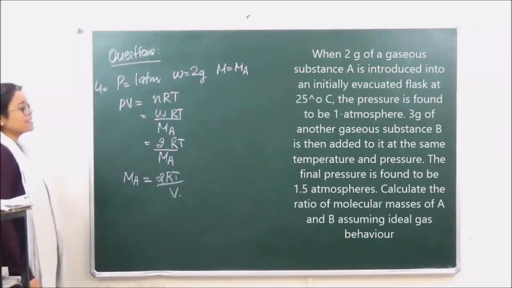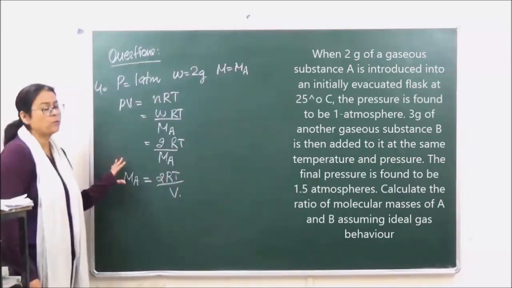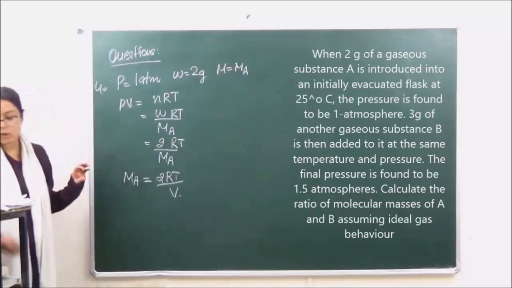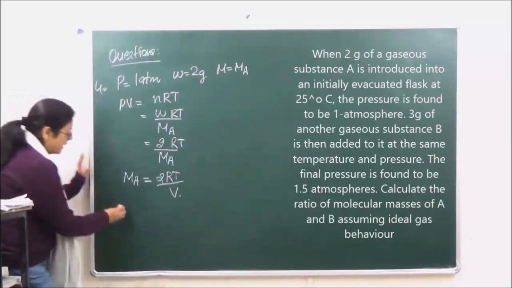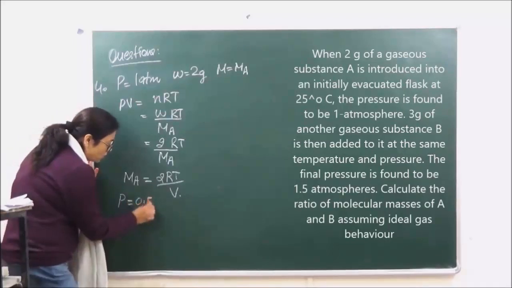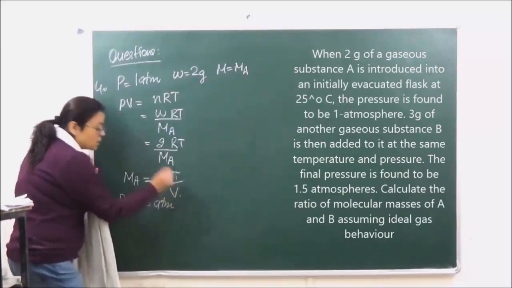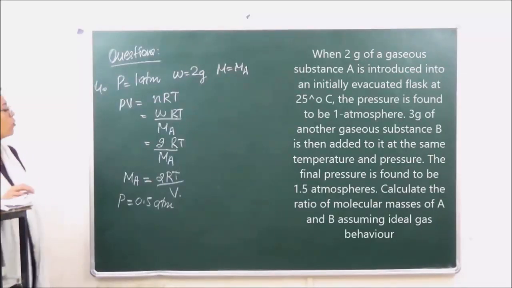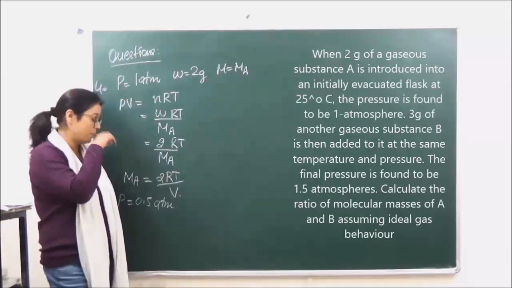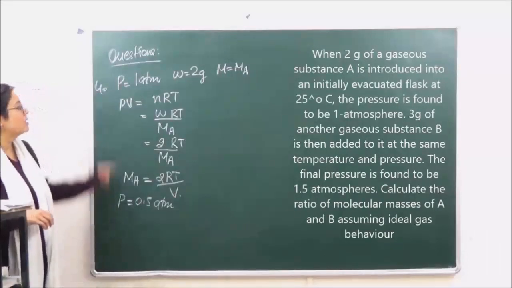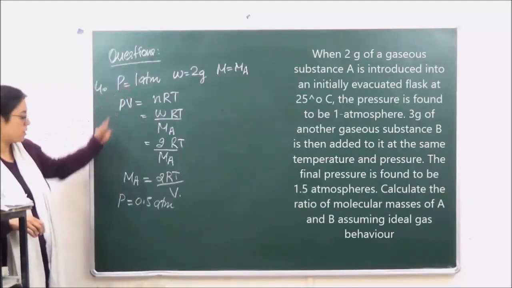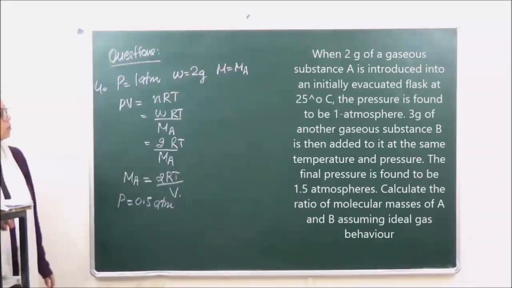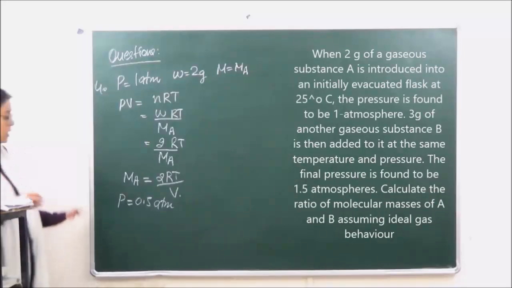Okay, second gas के लिए, these are the type of questions which we expect for NET, ratio questions. Second जो हमारे पास है, they have given in the second case pressure is equal to 0.5 atmosphere. ठीक है, क्योंकि टोटल प्रेशर कितना हो गया था, जब दूसरी गैस डाली तो टोटल प्रेशर becomes equal to 1.5. So if the pressure due to this was 1 atmosphere, then the pressure due to the second gas should be 0.5 atmosphere. Okay, the weight given is 3 grams.